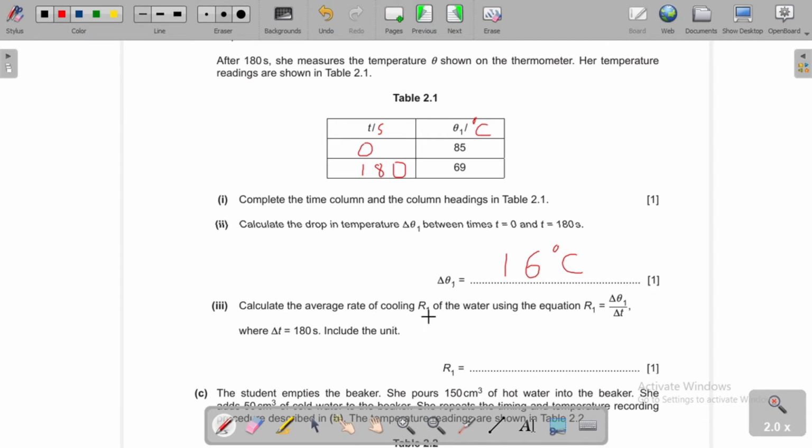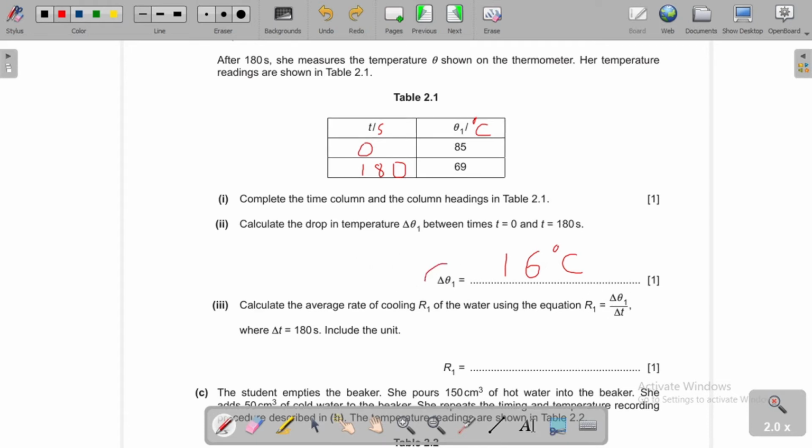Calculate the average rate of cooling R1 of the water using the equation. R1 is delta theta 1 divided by delta T, where delta T is 180. So that means we have 16 divided by 180. Let's see what that gives us. 16 divided by 180 is